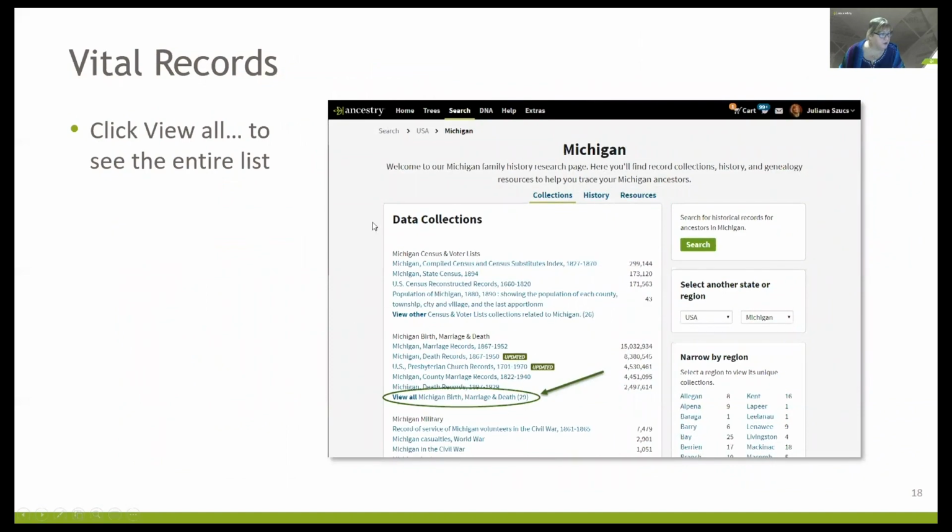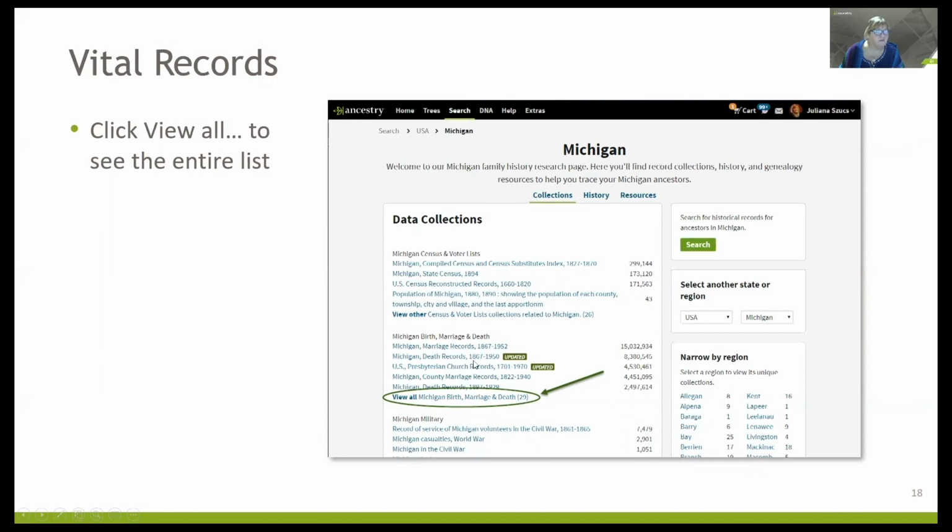And here you can go in and look. This is kind of our greatest hits, the top 5 or whatever of this collection. So you can go through. We always want to look at view all, though, because there's more to it than just this. So for Michigan, there's actually 29 collections, but we're only showing you the top 5 right here. So these are like probably the largest collections that we have. But it's a great way to go through.